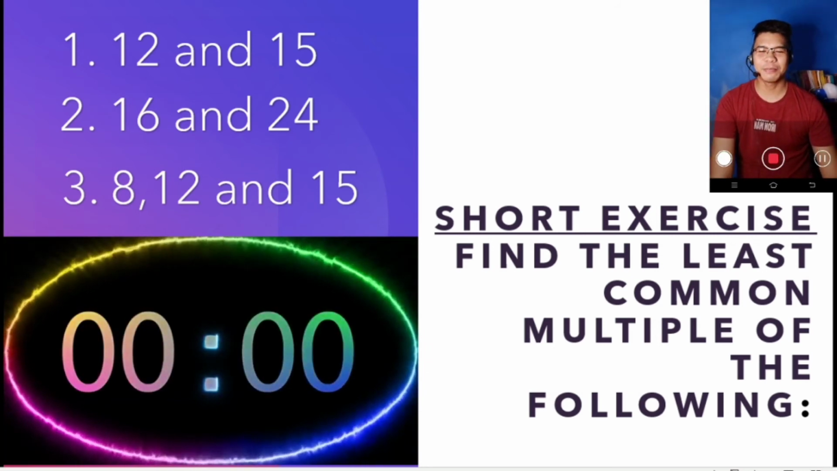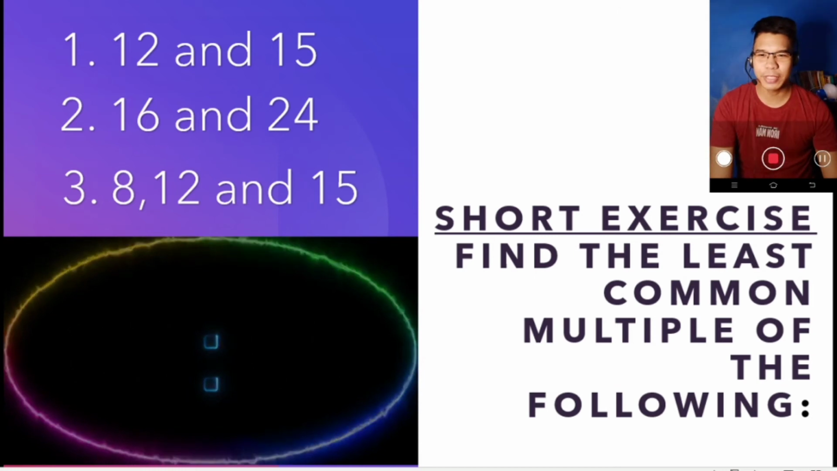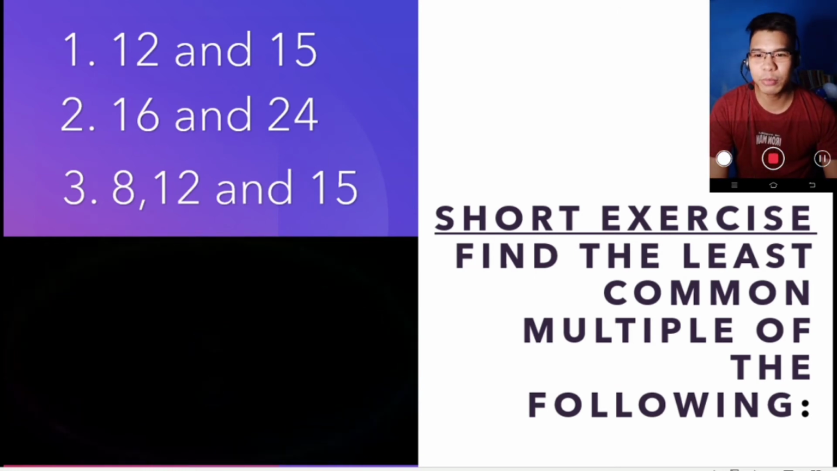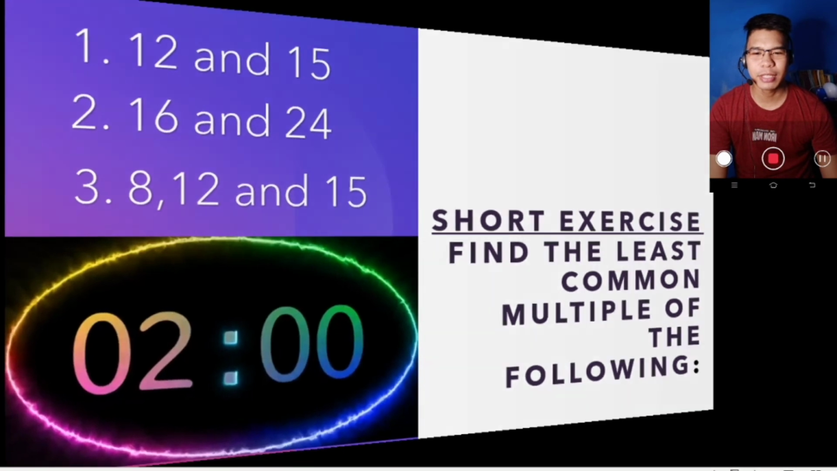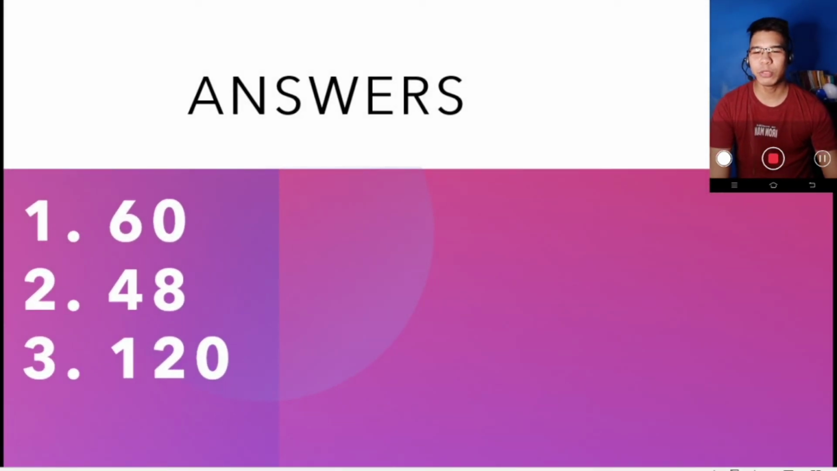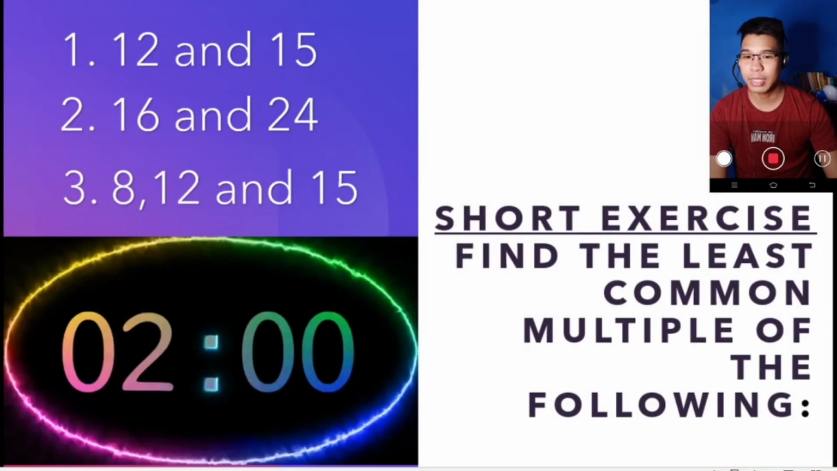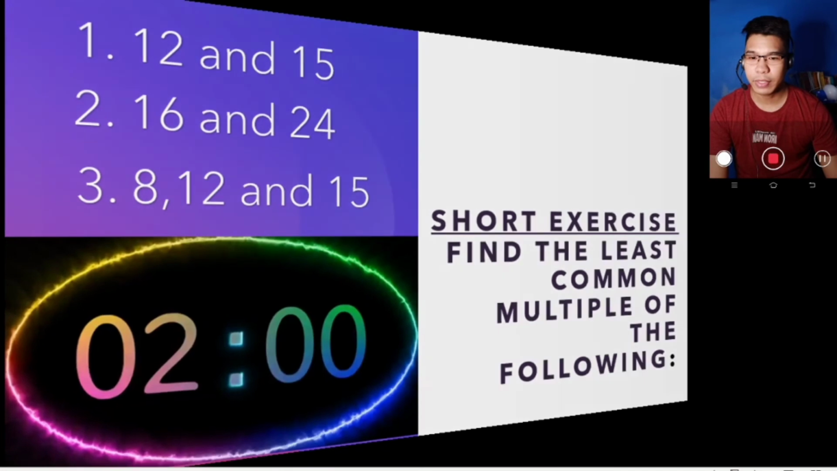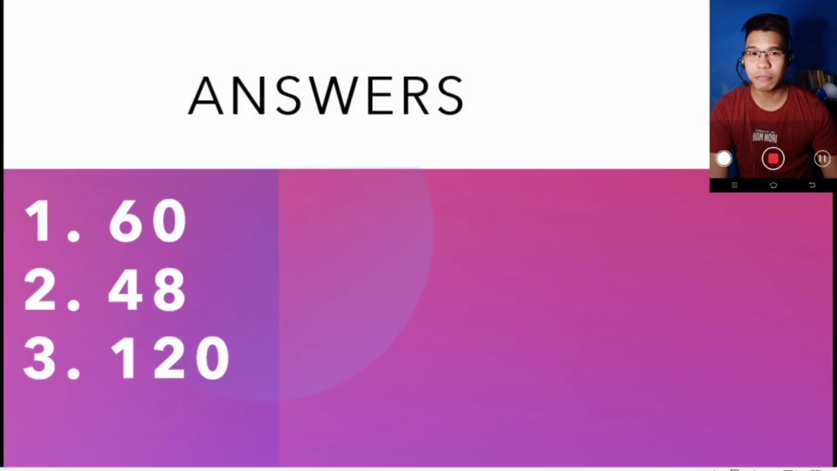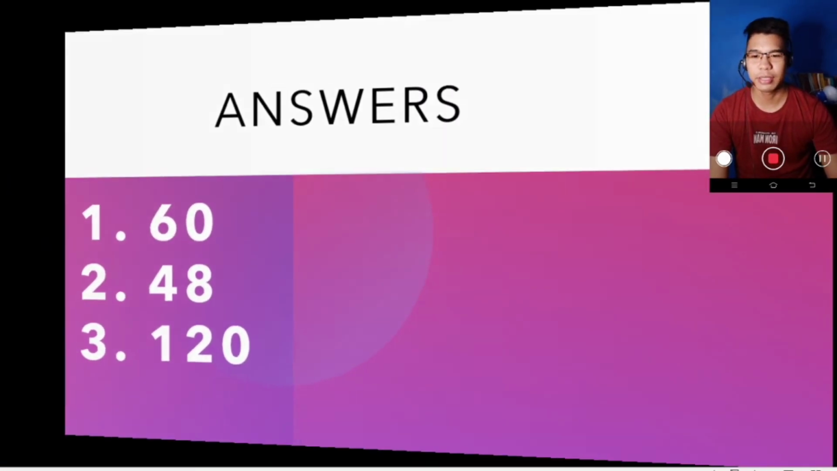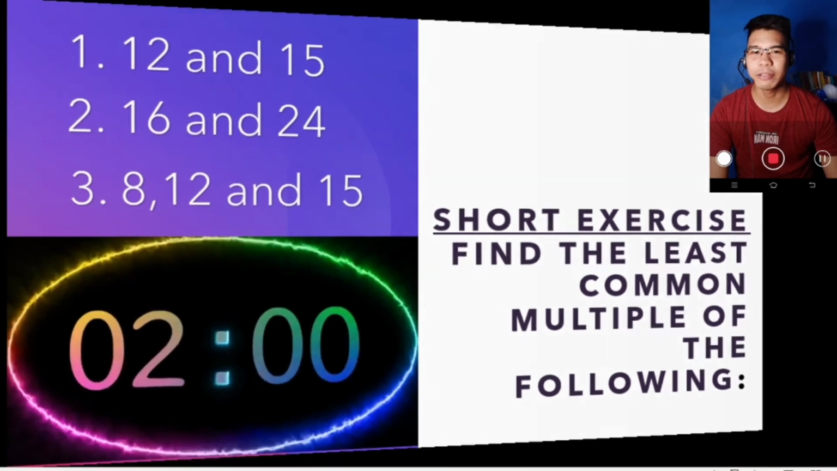Time is up. So let us now check your work. So we are asked to find the least common multiples of 12 and 15, 16 and 24, and then 8, 12, and 15. So let us now check. We have here for number 1, for 12 and 15, we have 60. And then for 16 and 24, we have 48. And for 8, 12, and 15, we have